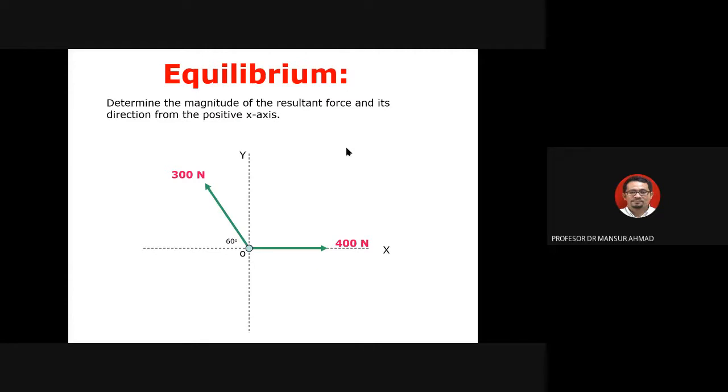Before I sum, remember the equation of equilibrium is about summing forces. Remember the symbol sigma is for sum. The sum of forces in the X direction must be equal to 0, and the sum of forces in the Y direction must be equal to 0. So sum here means kita campurkan jumlah dia. We're going to add or we're going to deduct. Kita akan campur ataupun kita tolakkan. So in other words, kita akan tambah atau tolak.